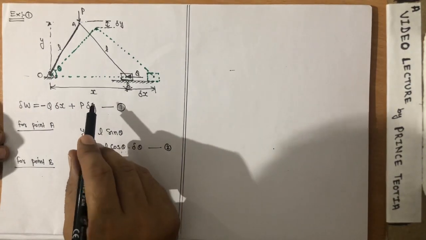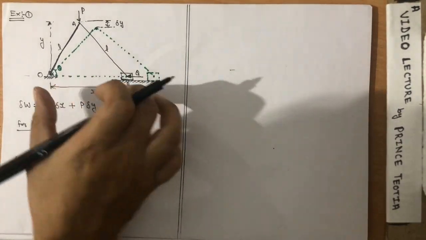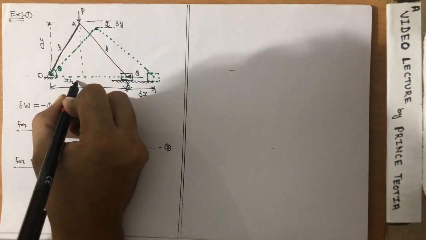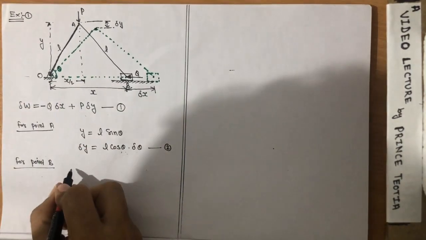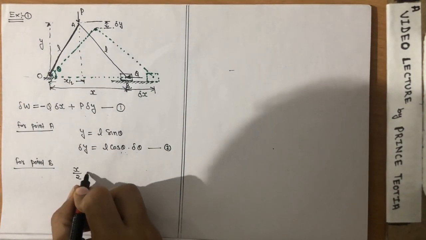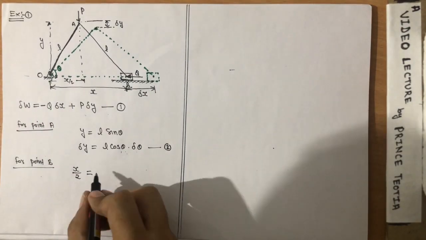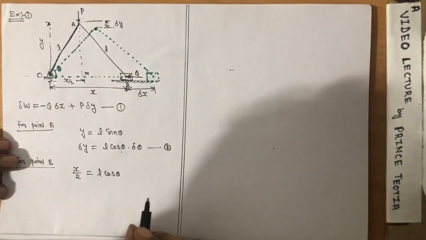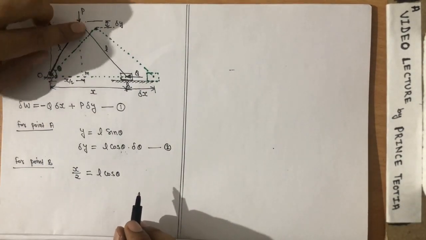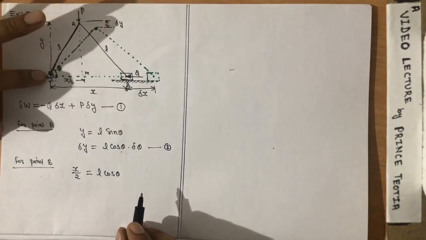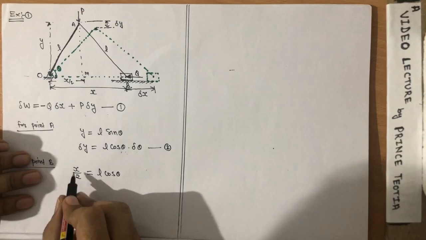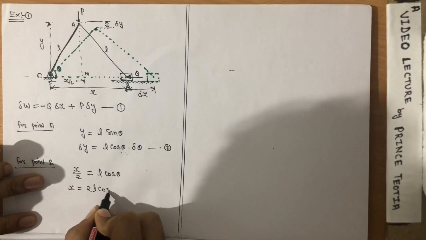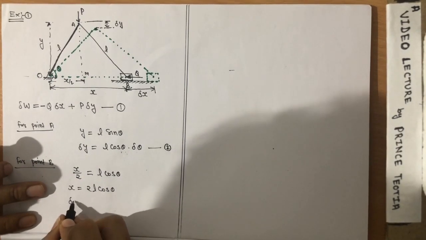So for point B we have to find out the x. So this is the x, so this must be the x by 2. So the x by 2 will be equal to L into cos theta. Okay, from the initial diagram only we are finding this out, do not consider anything else right now. Okay, only from the initial diagram we are finding the relation of delta x and delta y. So the x will be 2L cos theta and delta x